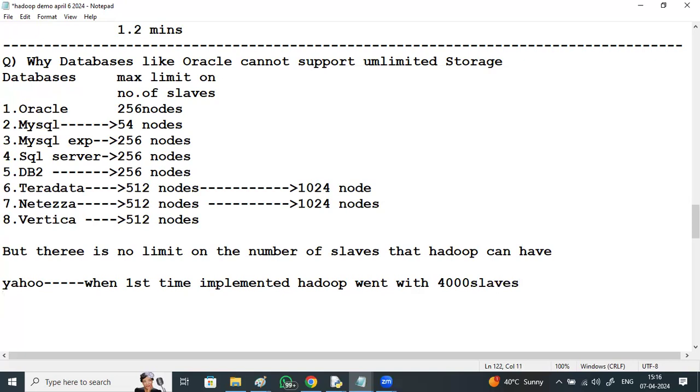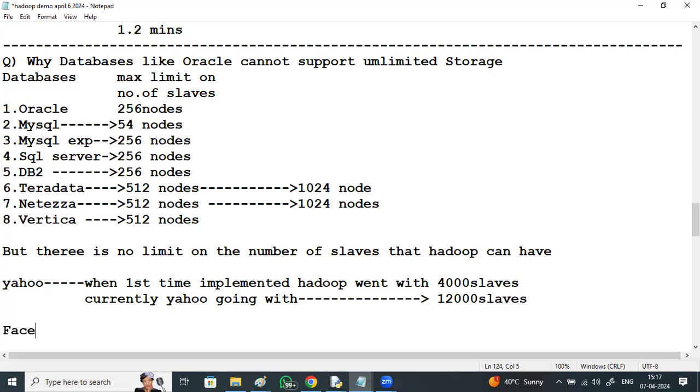Currently Yahoo is going with 12,000 slaves for storing its data.